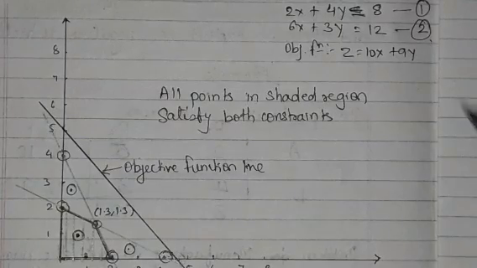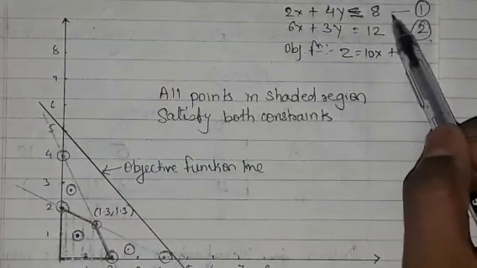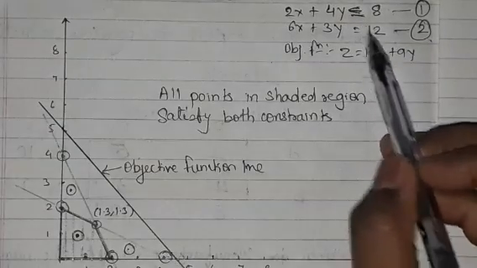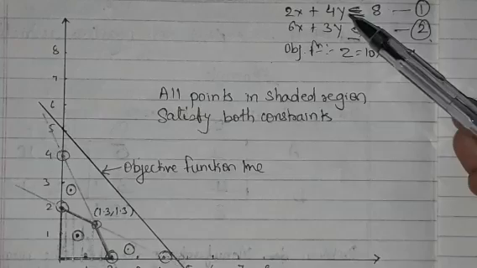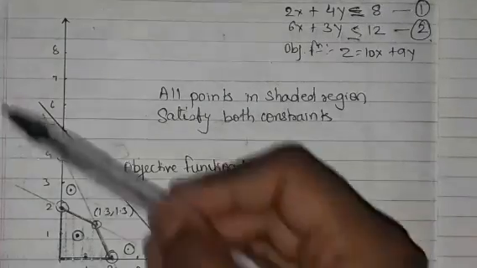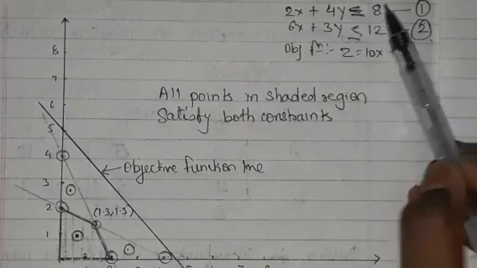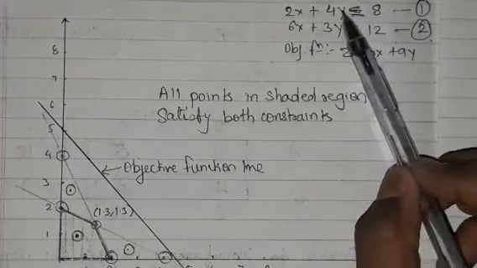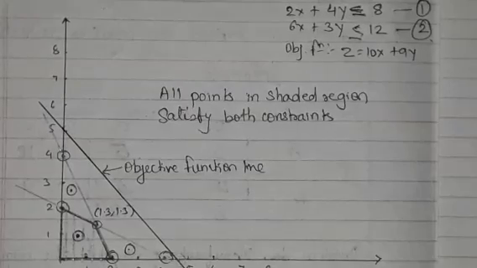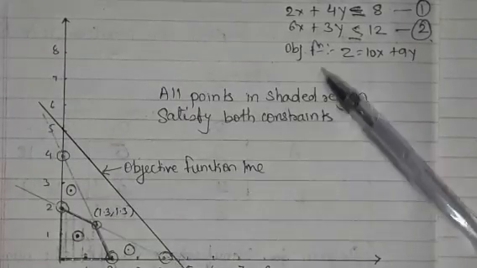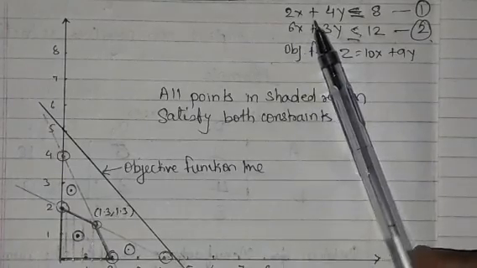So the first thing I need to do is look at these equations. Less than or equal to, less than or equal to. So I'll consider equal to, to make a line first, because equal to will equate the equation. So I'll draw this. How do we draw this? We are going to make a table.